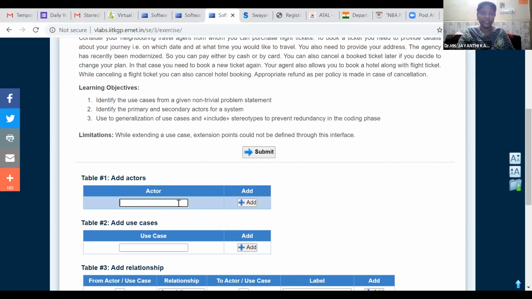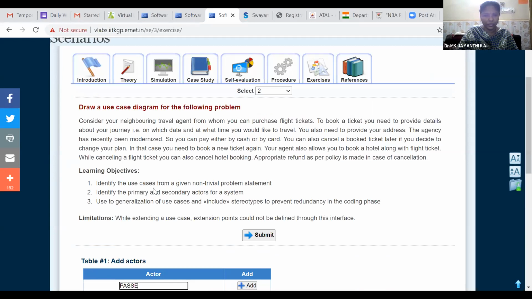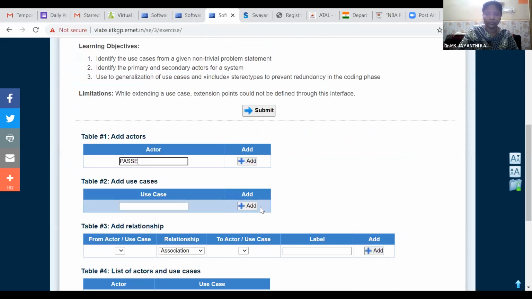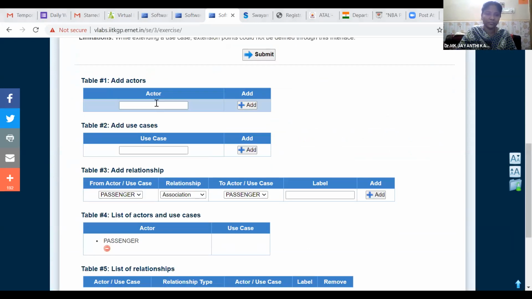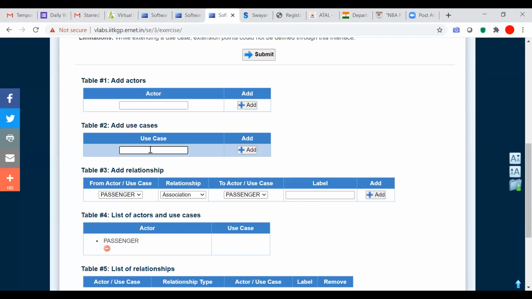So here the various actors will be the passenger. So we'll add the user as passenger, and the various use cases are booking the ticket.